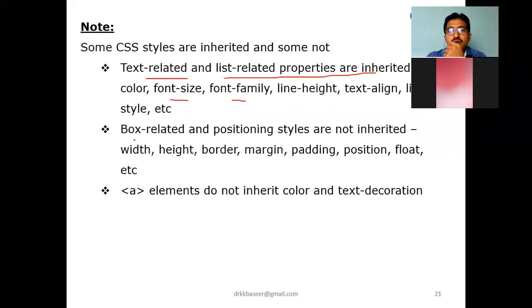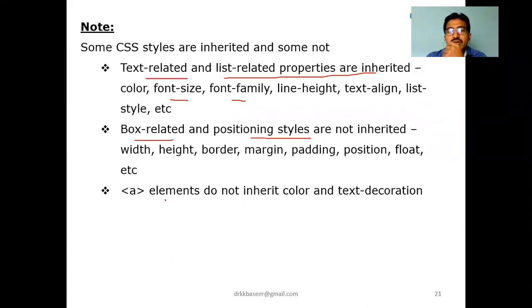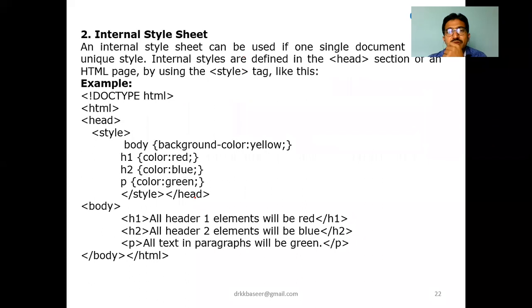But remember, box-related and positioning styles are not inherited. Example, the anchor: when you make a hyperlink for anything, once you create the hyperlink, the color will be fixed. If you observe carefully, the color will be fixed for any hyperlink. We can't inherit that; we can't change the colors of those hyperlinks. If you want, you can check it out. Right? By default, the color will be decided, so some blue color will be applied by default. Once you try to change it to red, it will not change. Anchor means a hyperlink, right? So box and positioning styles will not be inherited.